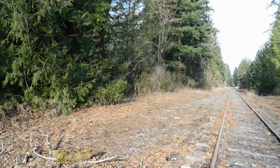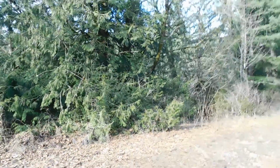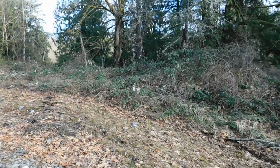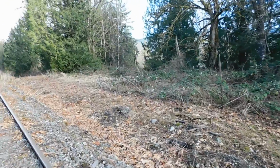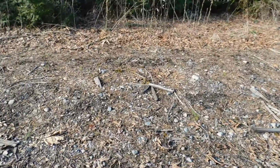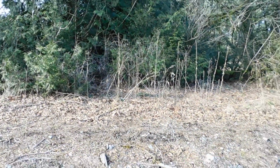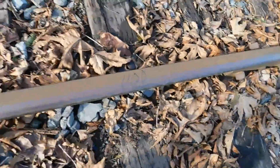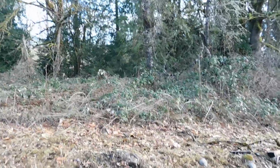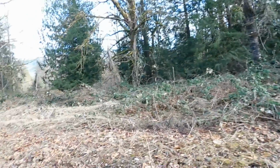I found some raised area right over here behind this, around the cedar tree area. I had put an arrow here at one point. We'll see that when we get down here. Here's the 1,100 mark, and the arrow is like coincidentally right there. So I thought maybe the crossing was here, just sort of seemed like it. Here's the 1,100 mark, and then here you can see over here, it's just more bushes and blackberries and a